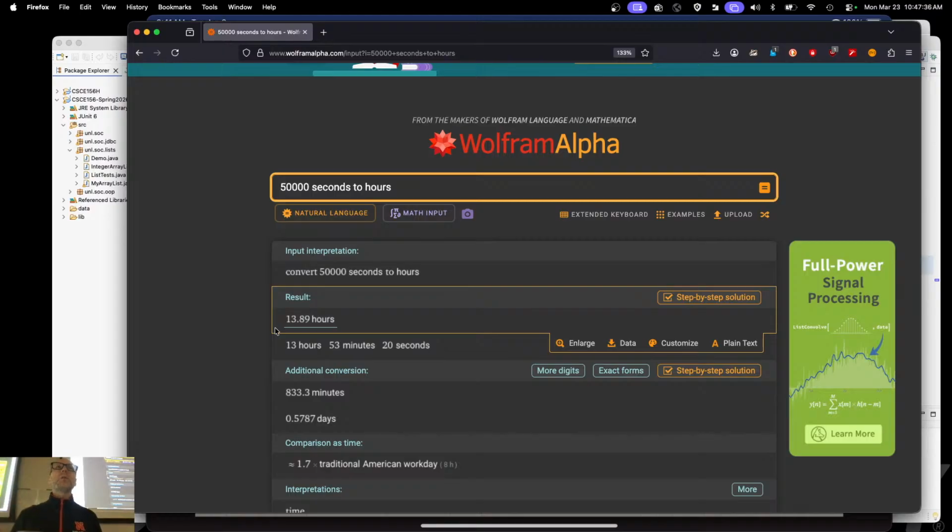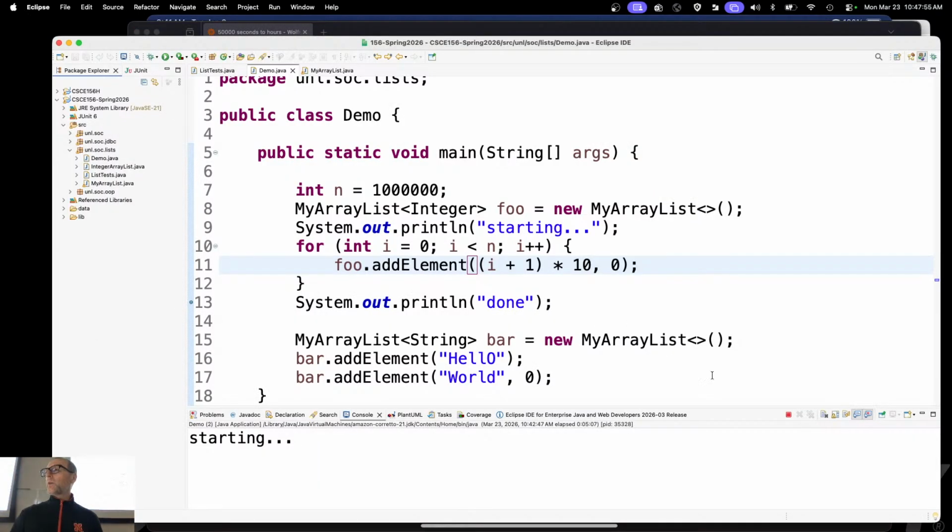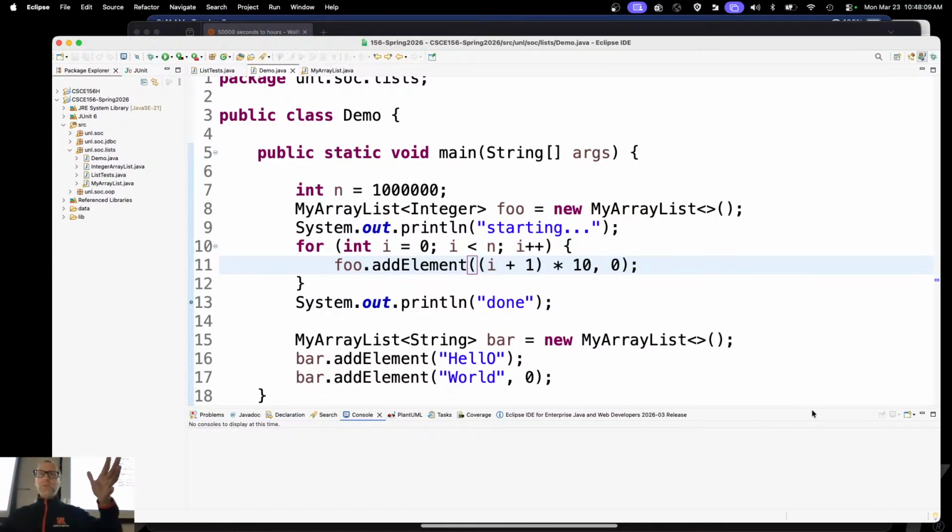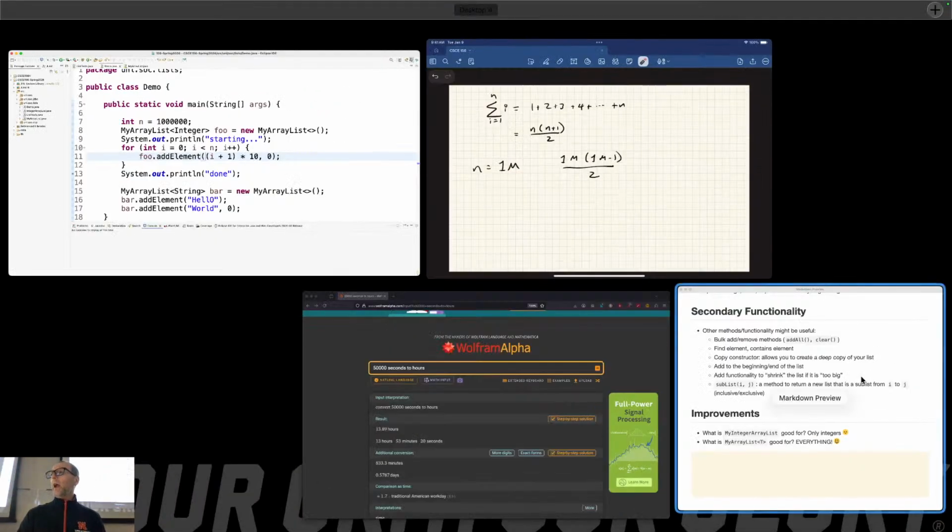And that's assuming that you can do, what did I say, 10 million operations per second, something like that. Even if you went 10 times faster, then it's still going to be 1.5 hours. If you went 100 times faster, it's still going to be like a quarter of an hour, right? So should I even bother letting this run? No. The problem was that we were always shifting stuff. Is there a different type of list that I could insert something at the beginning without having to do so much work, so much heavy lifting of taking these 1 million elements and shifting them down to make room for that? And that's going to be our next